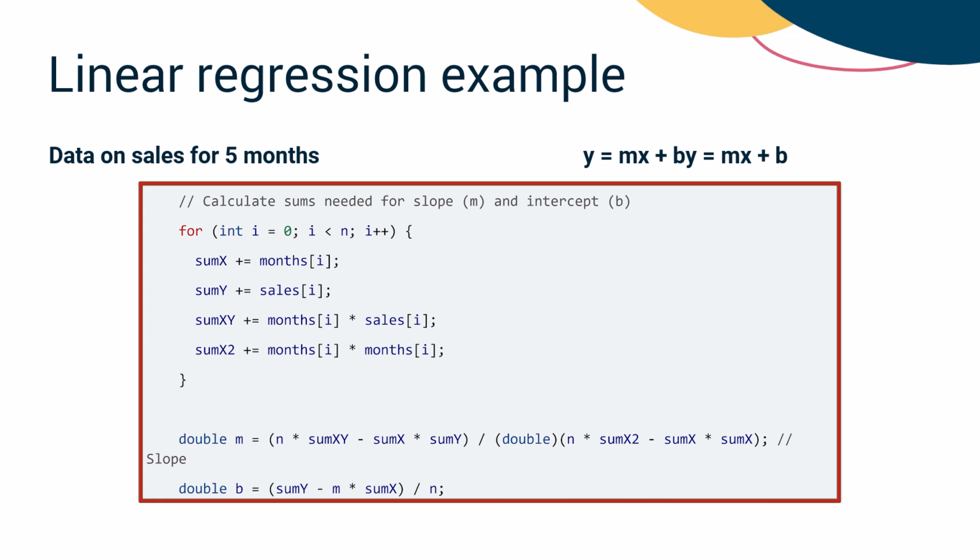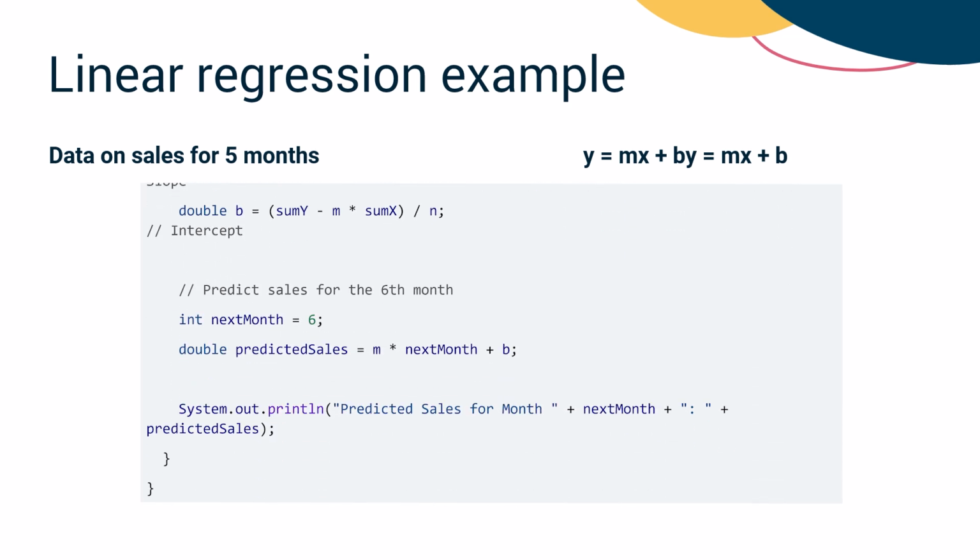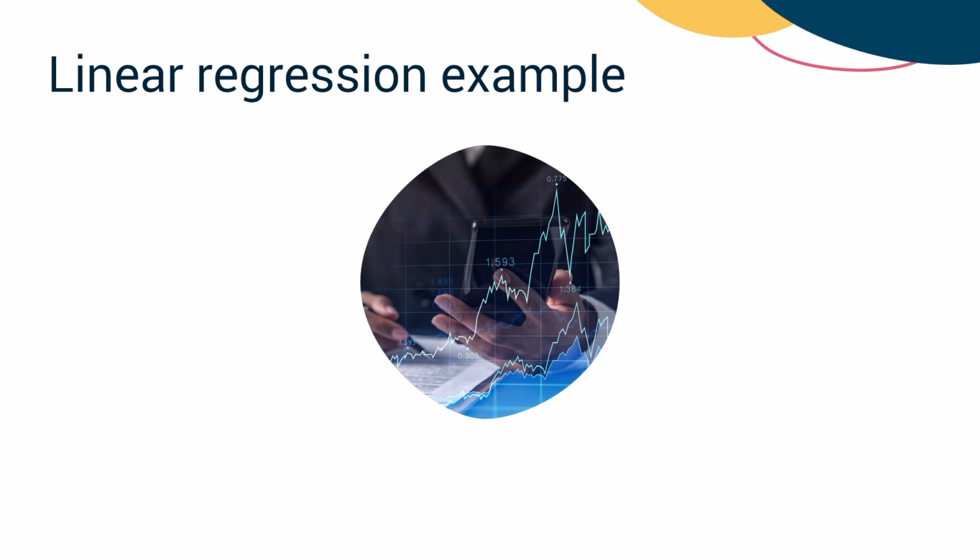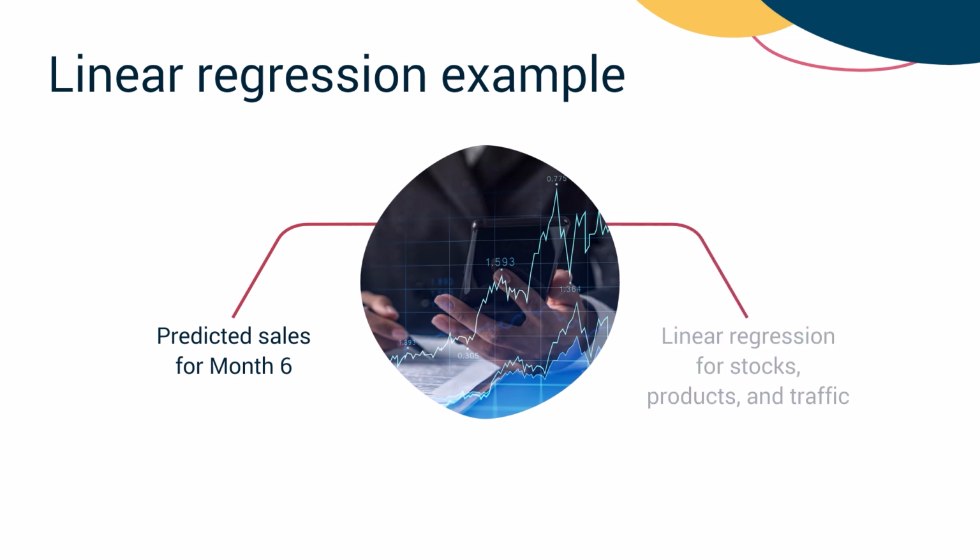The slope, or m, shows how much sales typically increase each month, and the intercept, or b, represents the sales starting point of the prediction. With these two pieces, the program uses the equation y = mx + b to make a prediction. In this case, it's used to estimate sales for the 6th month. Based on the data provided, the predicted sales in month 6 will be 600. In a real-world scenario, you could use linear regression to forecast tasks, such as predicting stock prices, demand for products,